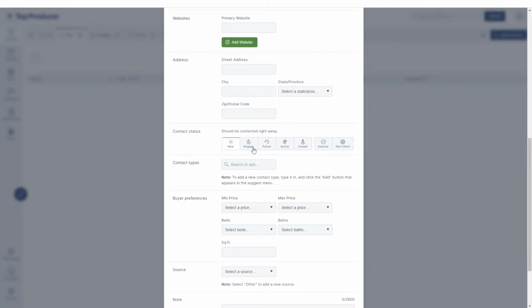Excuse me. So we have contact status up next, guys. This is a representation of where someone is in your business's pipeline. We have new for new leads, engage for leads you've followed up with but not yet qualified, future for future prospects, sphere of influence, that sort of thing, active for active current clients, close for contacts you've just finished